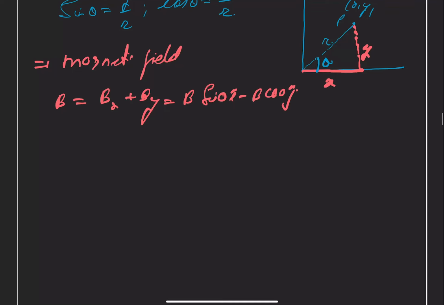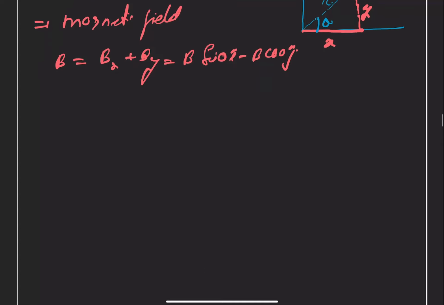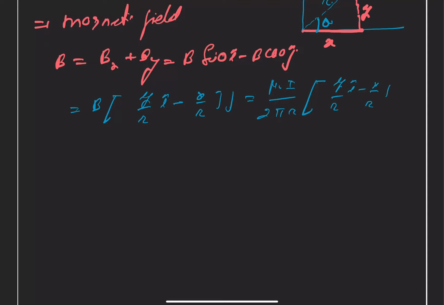We substitute value of sine theta and cos theta. We get B as common, y upon r I minus x upon r j. Now we substitute value of B. We get mu naught I upon 2 pi r, and this will be y upon r I minus x upon r j,